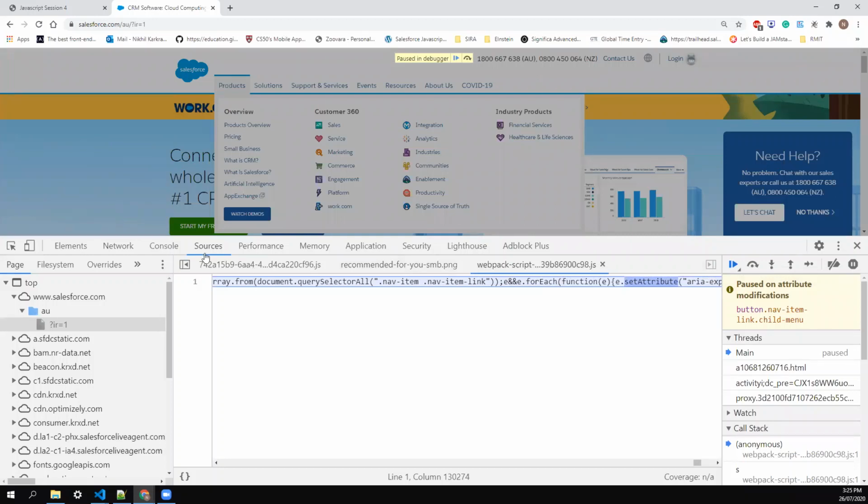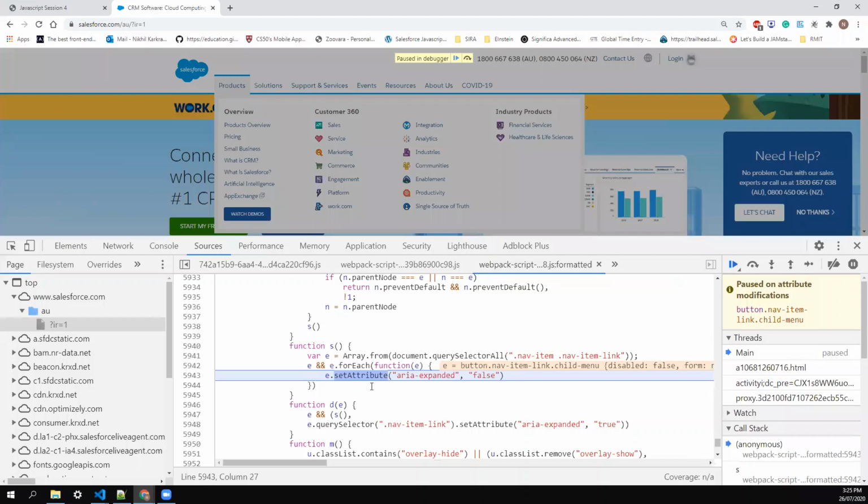It's the Sources tab, where all the files are available, which we already saw. Now we can't read this file because it's a minified version. To unminify it, we have a prettify icon below, and if you click here, it will convert our minified version to readable code. And now we can see they are calling the navlink method. On click of that, they are using a for each loop, and based on that, they are setting some attributes, like aria-expanded true or false.